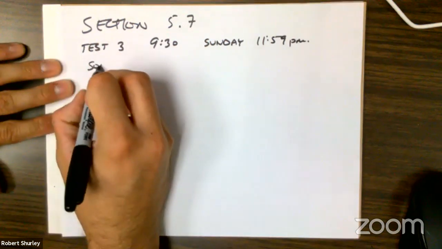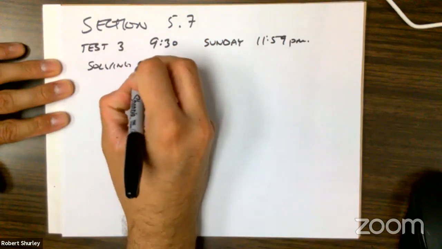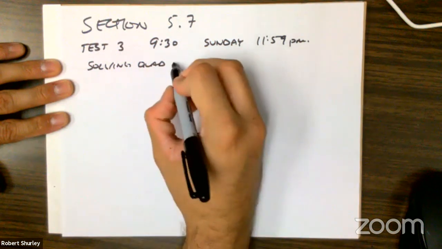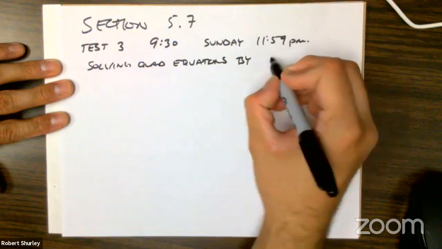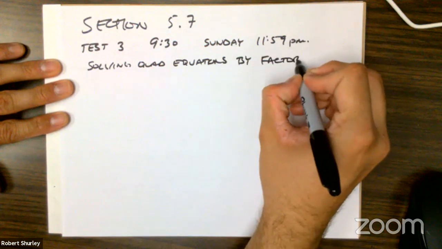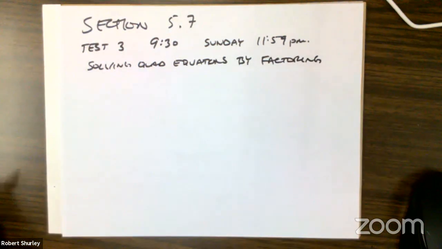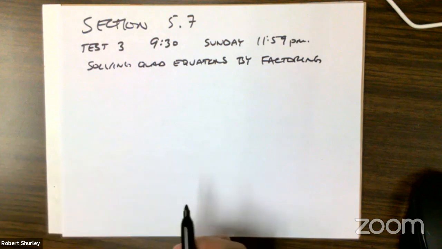Okay. Section 5.7 is really straightforward. It's just solving quadratic equations by factoring. Okay, solving quadratic equations by factoring. And then the thing is, at this point, we know how to factor. So the only new rule that we're going to introduce is